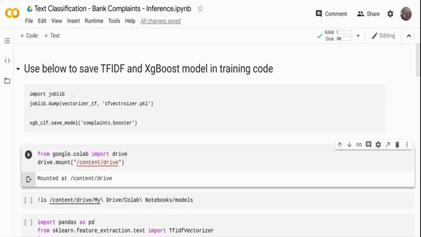I am dumping the TF-IDF vectorizer to a pickle file. That is one additional step. And the second step is I'm saving my XGBoost model as a booster object. So with XGBoost classifier.save_model, I'm just giving it a name and saving it as a booster object. So I have these two files as an output from the model.